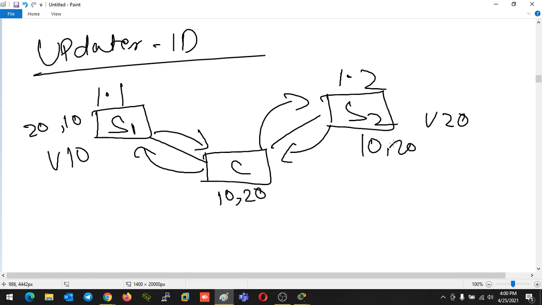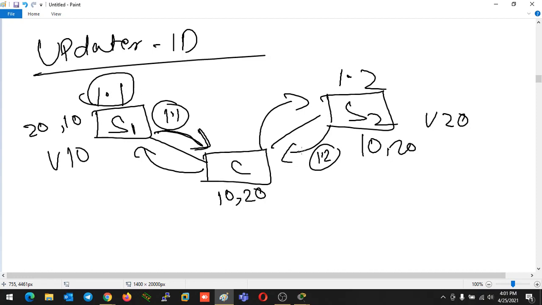Okay. So in this case, in our scenario, what is happening right now? So the client is receiving multiple updates, like updates from multiple servers, like server number 1 is updating sometimes server number 2 is updating. So in that case, how you can determine who updated me last time? So in that case, what will happen? When they will send an update, like server 1 is sending an update, it will send the updater ID with its own IP address. And when server 2 will send the update, it will also send with its own updater